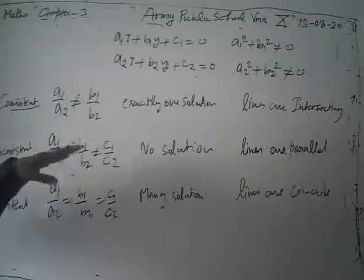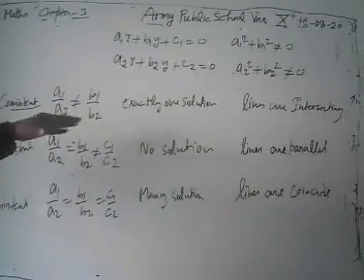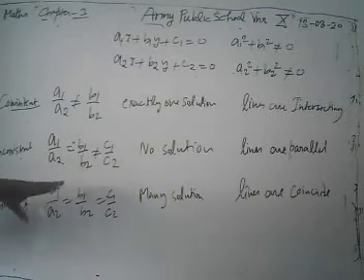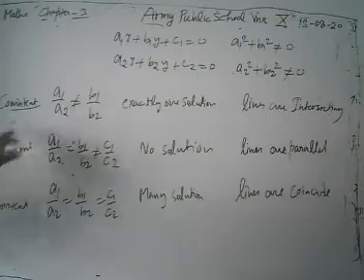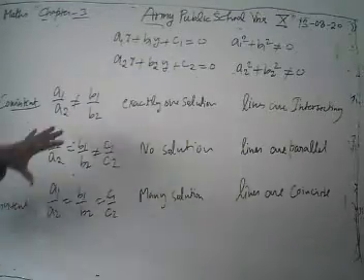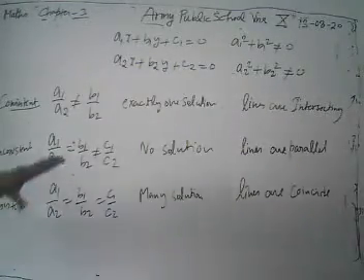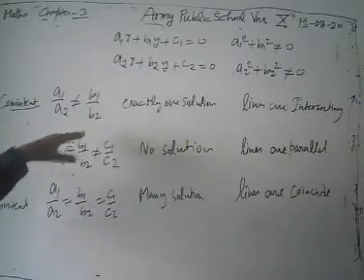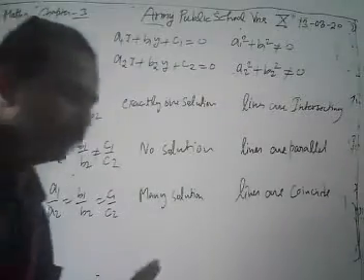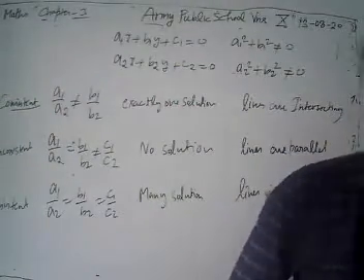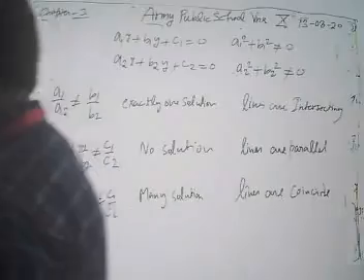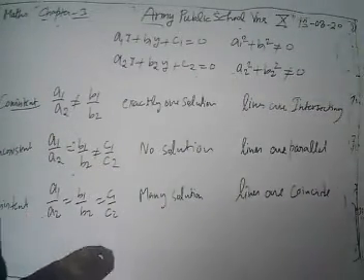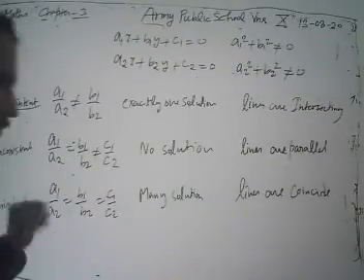Look, when we have to check consistency or inconsistency, we always go to comparing the ratios. In the case a1 by a2 not equal to b1 by b2, our system is consistent. But in the parallel case, our system is inconsistent. What is the difference between these two consistent conditions? In the first case our equations are independent. In the other case our equations are dependent. But in both cases our system has a solution, either one unique solution or many solutions.